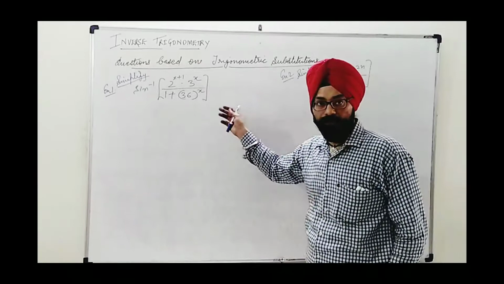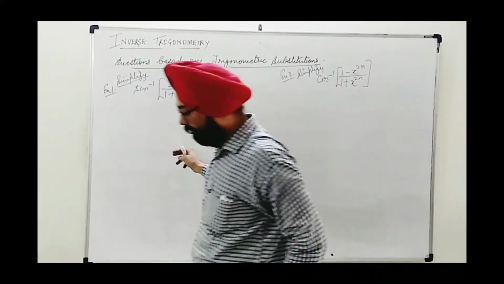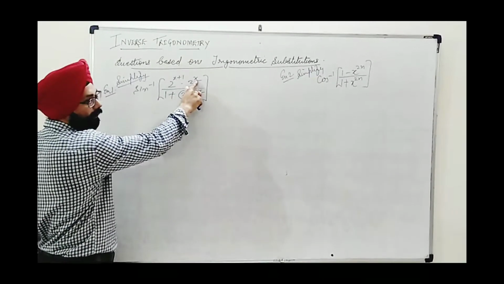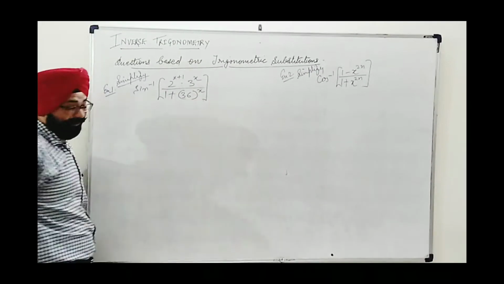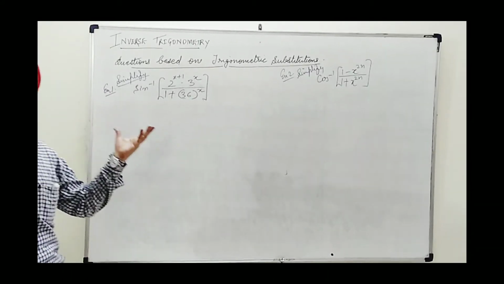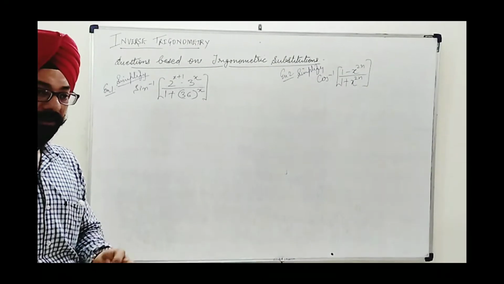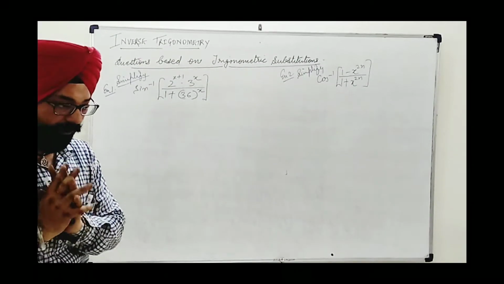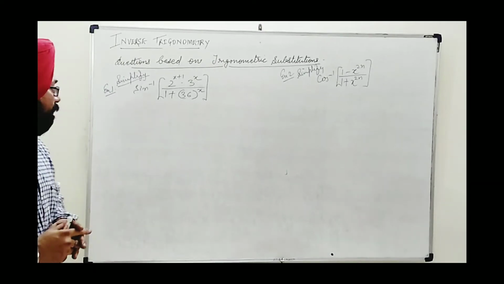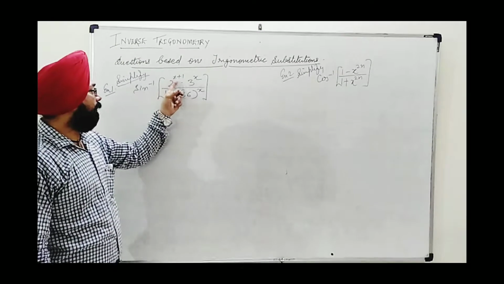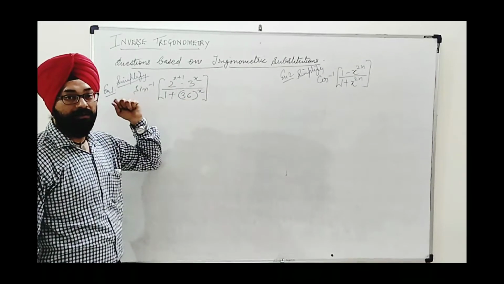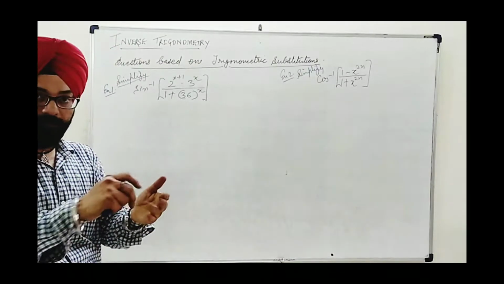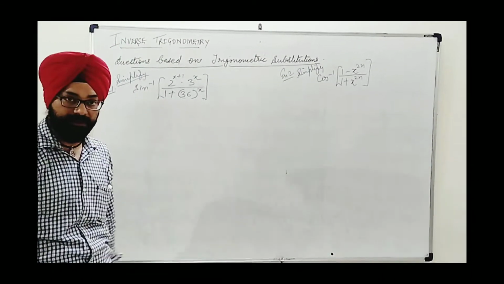I have taken the first question to simplify this one: sine inverse 2 raised to the power x plus 1 into 3 raised to the power x upon 1 plus 36 raised to the power x. If I think of some pattern of substitution here, we are not bound to substitution. Reason, first of all, no square root is given. In their case also, we are given in power this x only. So that's why a square root will not help us, although substitutions are actually based on simplifying square roots. Then how can we go ahead with this equation?